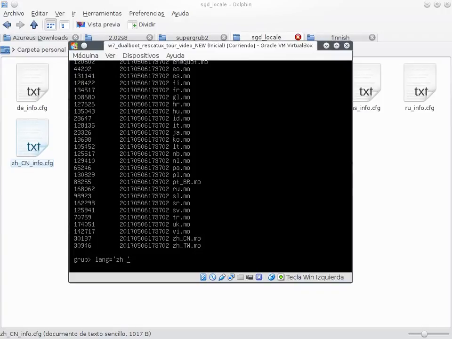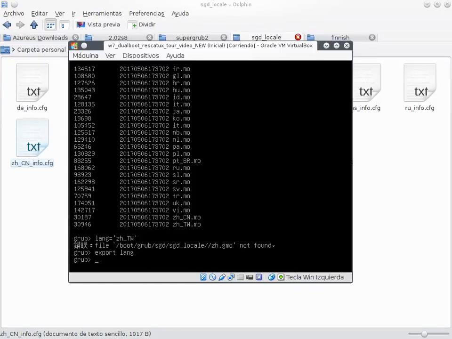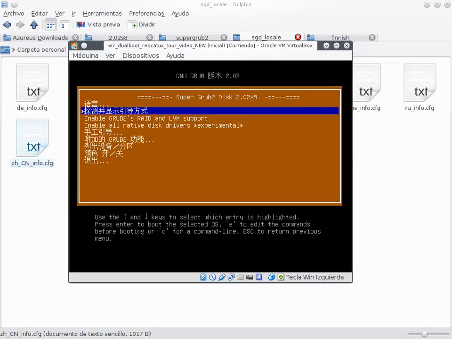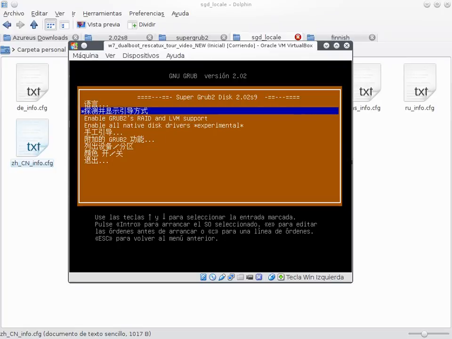I think this is Taiwanese, I'm not sure. Let's try the Taiwanese and see what happens. Export lang. Oh, this is quite, I mean, if you put es, it goes into Spanish as if nothing has happened, you know, and then it's Spanish. But whatever the reason is,